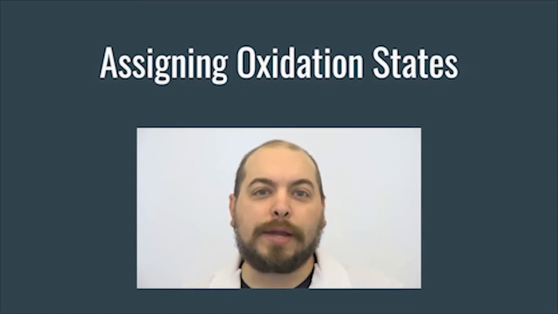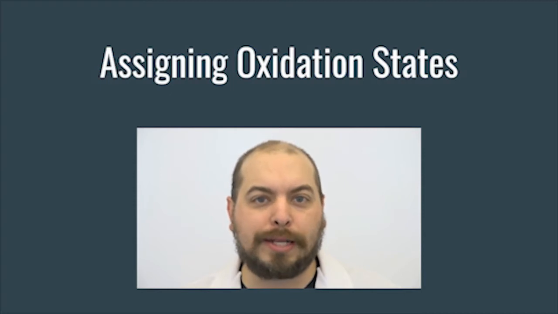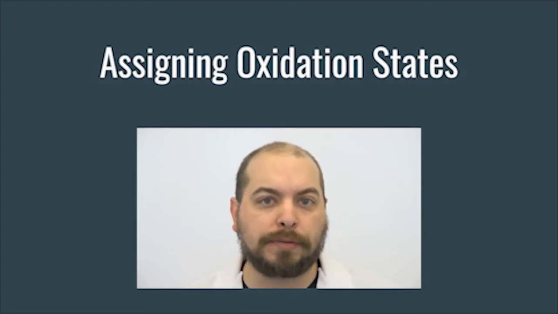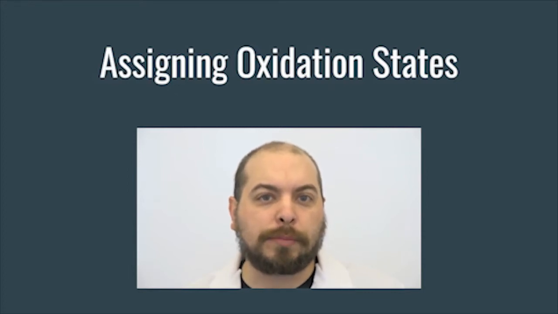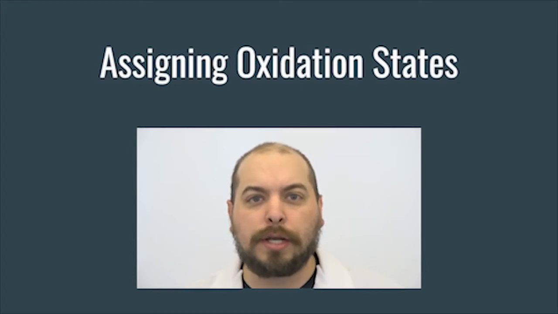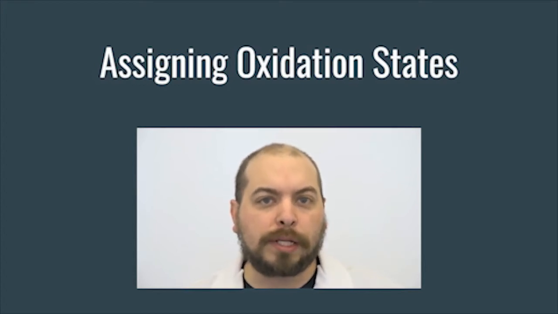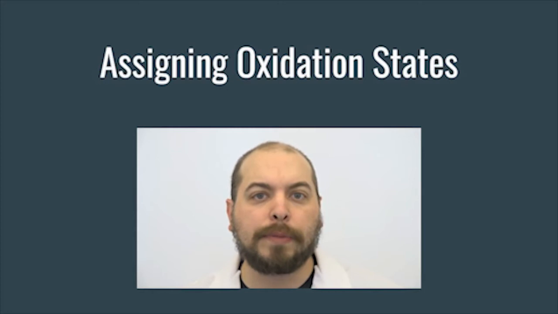Hey guys, today we're going to be talking about a really important concept in chemistry, and that is how to assign oxidation numbers to atoms and elements within compounds, but also when they're by themselves. Assigning oxidation numbers is really important in chemistry because oxidation numbers can sometimes change over the course of a chemical reaction. We really need to be able to know how to track that because that's critical understanding